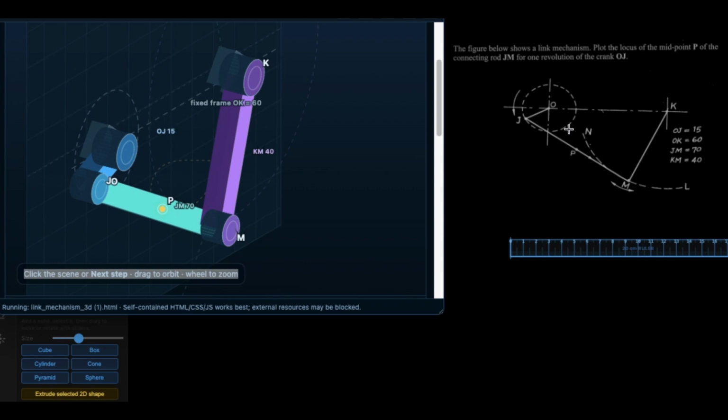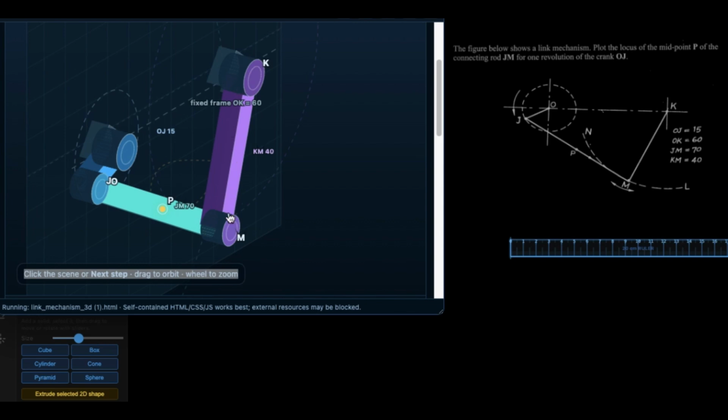The figure below shows a link mechanism. Plot the locus of the midpoint P of the connecting rod JM for one revolution of the crank OJ. Looking at the 3D model of this link, we have the OJ, and then this is the connecting rod JM,